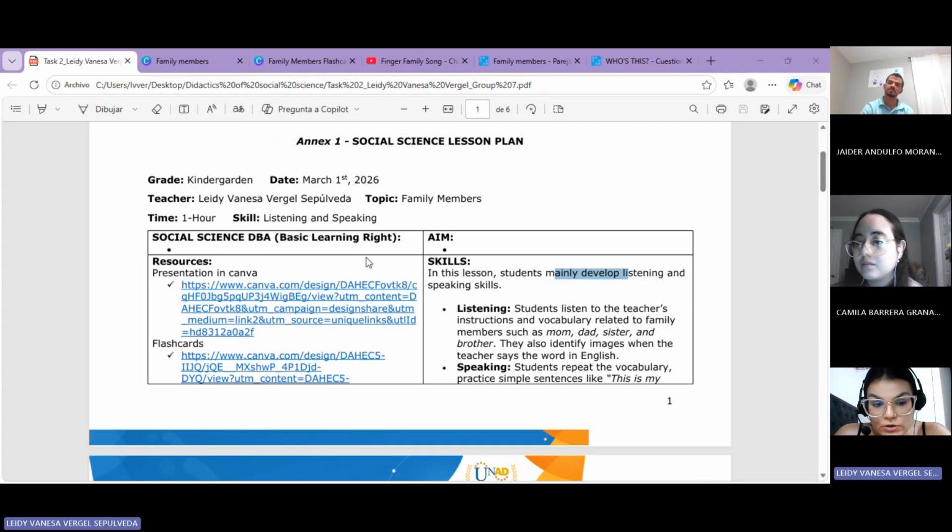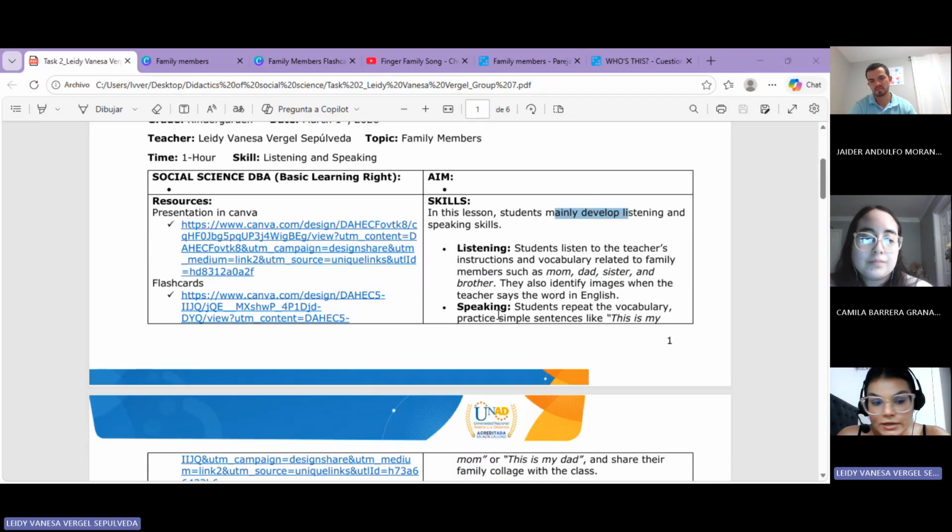This lesson includes images, flashcards, and simple activities that allow the students to understand the vocabulary in a natural way. Also, an important aspect is that these students don't have a direct connection with English in their daily life in the classroom.